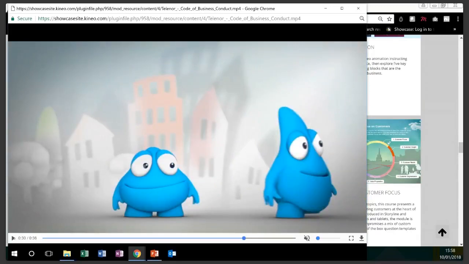Because it was a code of conduct, ethics and compliance type course, they really liked that the character didn't represent any particular person in terms of diversity. A little blue person didn't take one stance or the other. It was really good, and it made it fun.